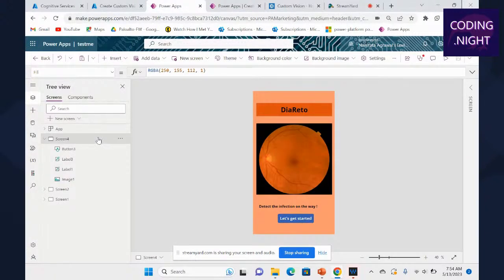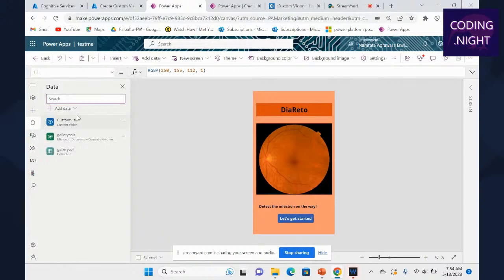And if I talk about that, what kind of services I have used. Here, this is the connector where we can add a lot of features that have been linked to the Azure services. Right now I have linked the custom vision here. Once you link the custom vision, you will require the endpoint, the API keys and model name, and everything that was talked about earlier. And this is Dataverse. This actually helps to store your data inside it. So I think it's the best thing you can see.